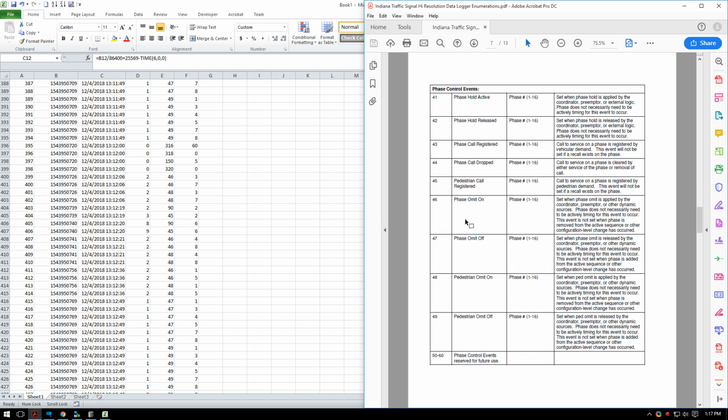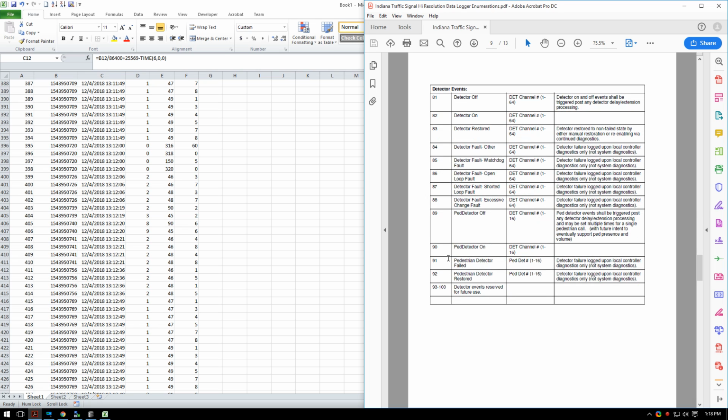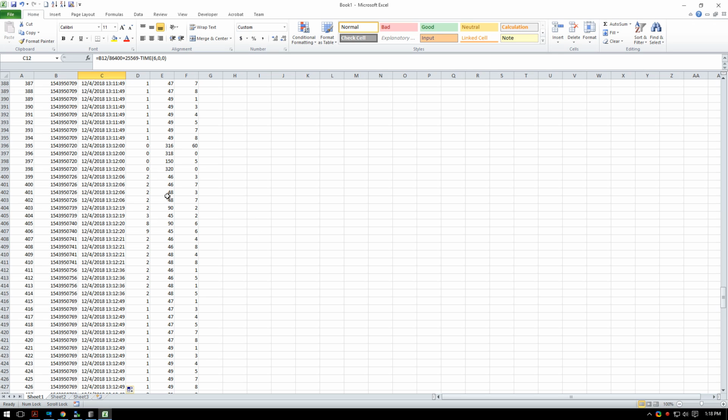To be clear, I'm looking at event codes like 45, which means a pedestrian call is registered in the controller, and also pedestrian detector on and off events, which are event codes 89 and 90. Let's see if we can find that information in our data. At around 1:12, we started putting calls on phase 2 and phase 6. As you can see from here,